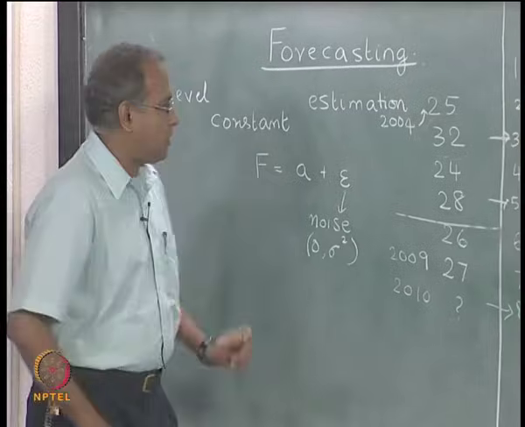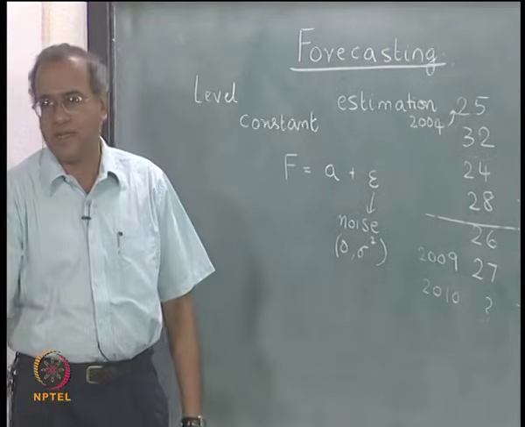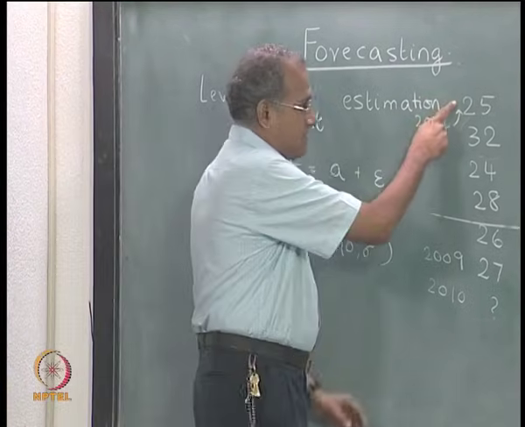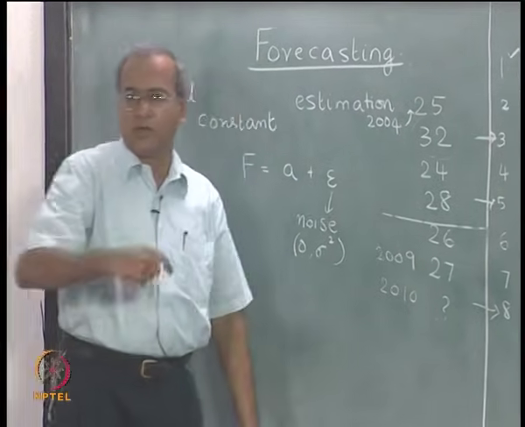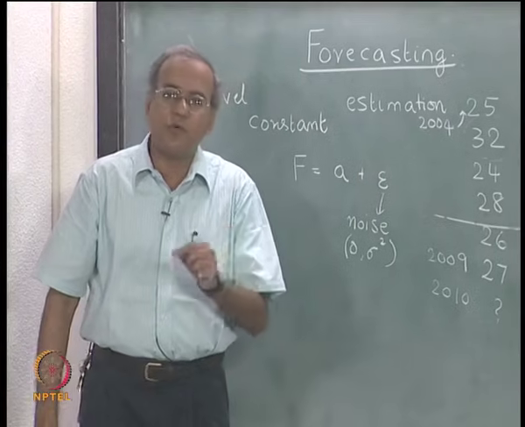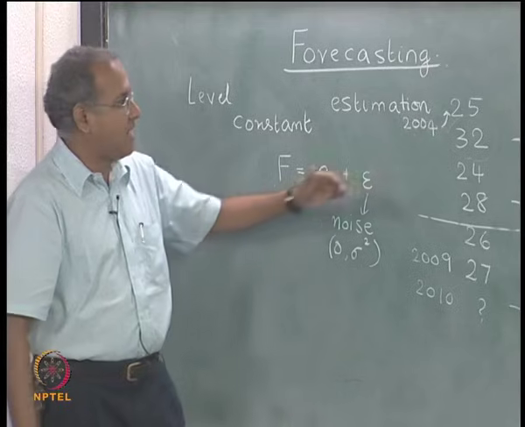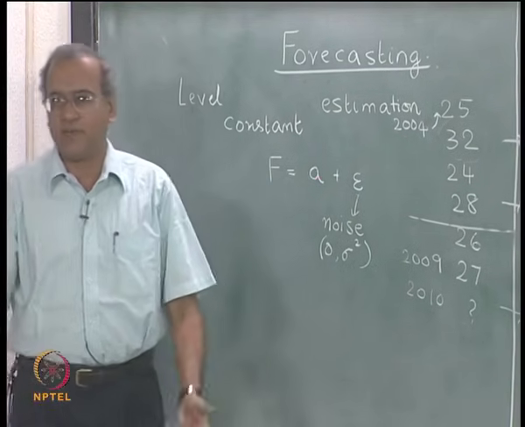Now, the moment we assume that we are going to give equal weightage to all the data and consider all the data, the question is whether this data which is 6 years old is equally important as this data which is 1 year old. So, we need to answer that question, and that makes us move towards what is called a weighted average. We can give some weights to each one of these and then compute a weighted average.